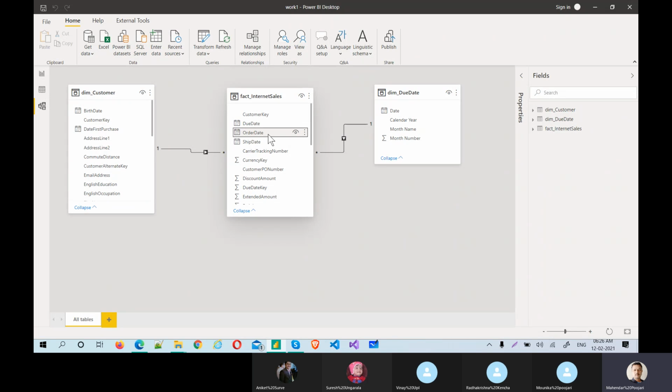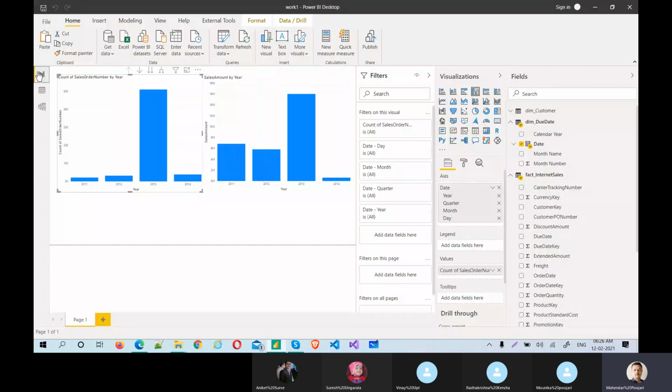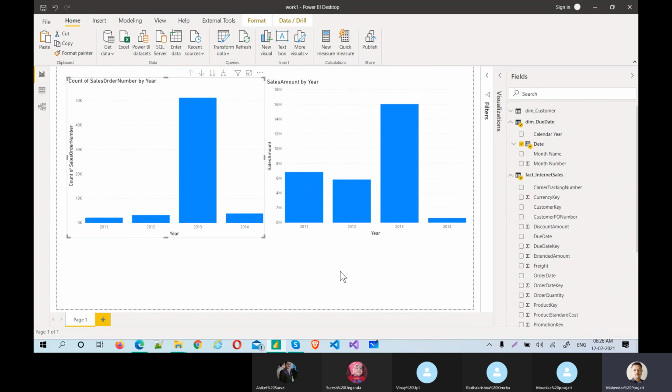Okay, and you make this relationship and use a use relationship function to get the right visual. This will take a little focus, but guys, you try them. Let me know if you still face any issues, but ideally that is not the right relationship.